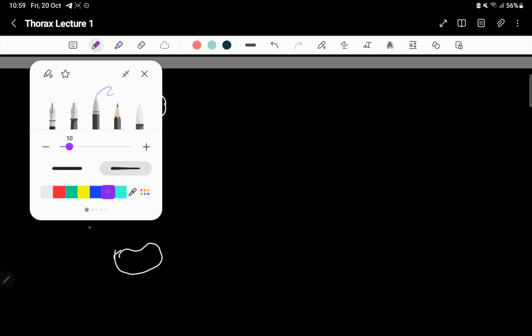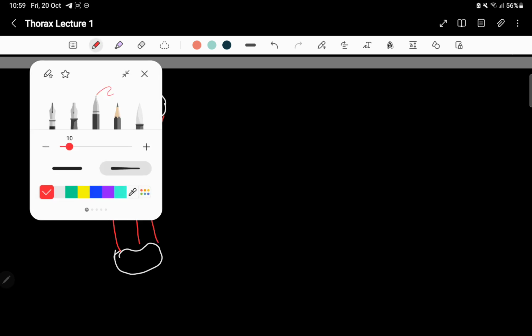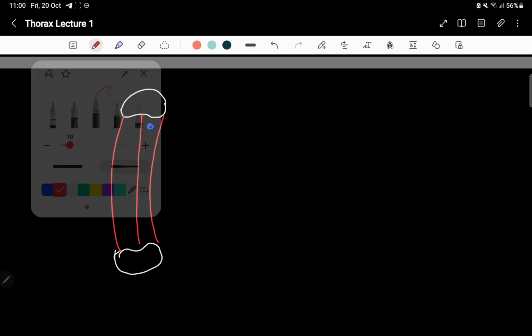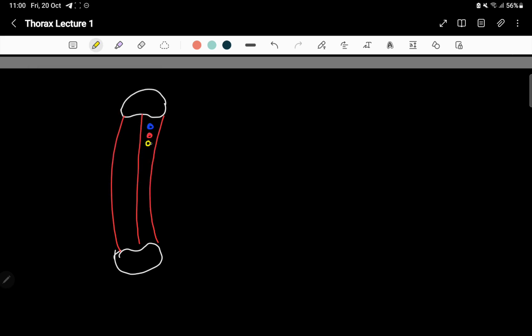Here in the intercostal region are the three muscles: the external intercostal, the internal intercostal, and your innermost intercostal. So here is the arrangement: we have the vein here, your artery is here and your nerve is here. So the arrangement is VAN. In all of this the arrangement is VAN except for